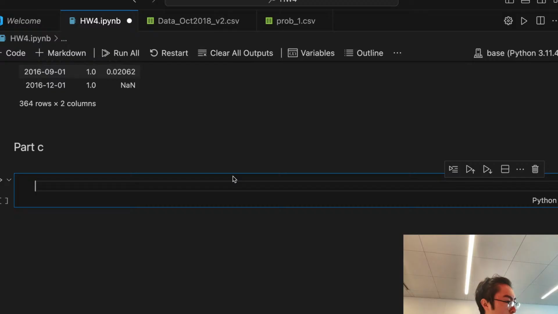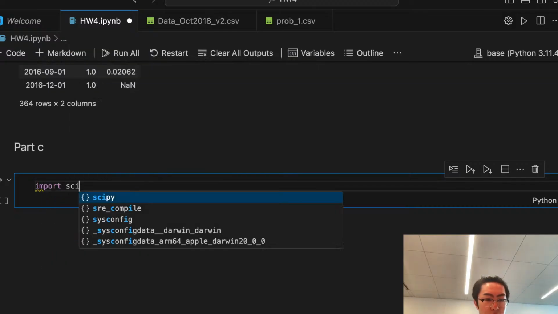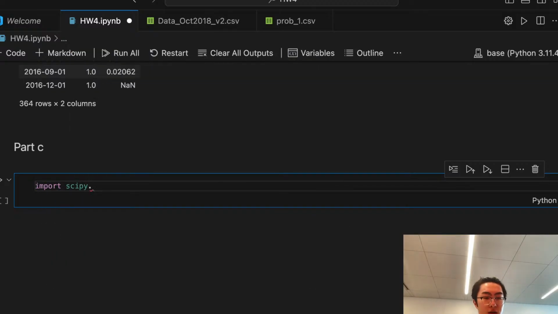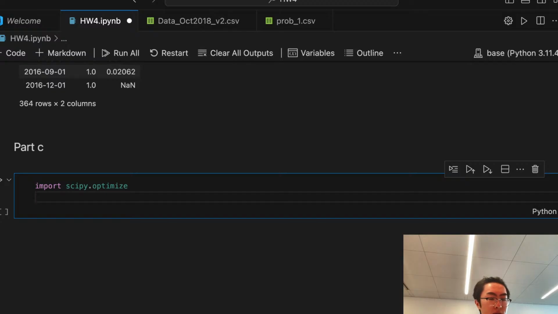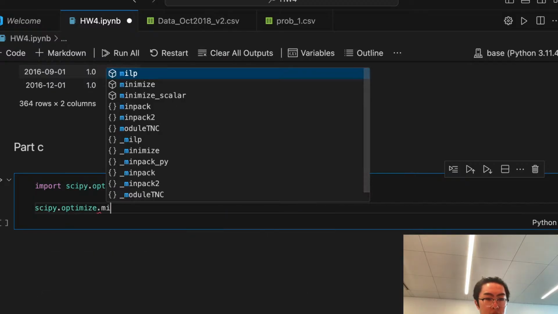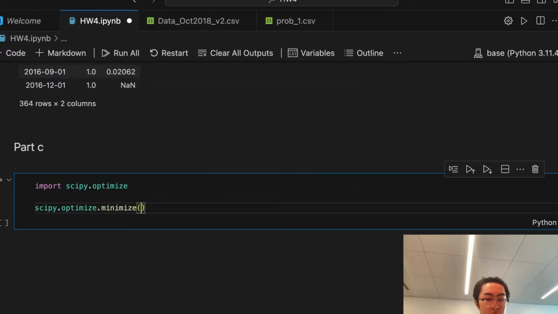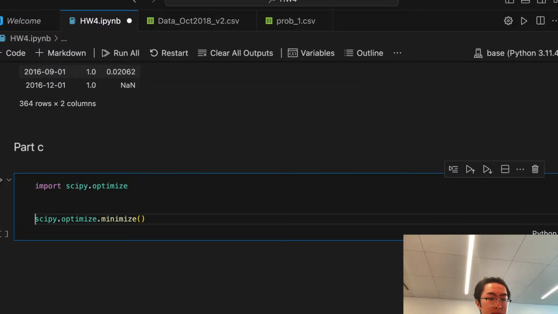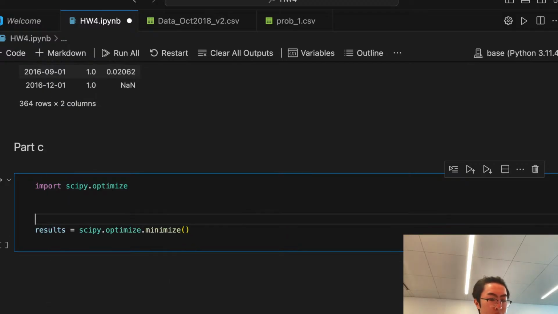Okay, so I'm gonna import scipy.optimize.minimize. So scipy.optimize.minimize. Right. So we could say results is equal to scipy optimize minimize. What do we need to pass in though? I think we need to pass in